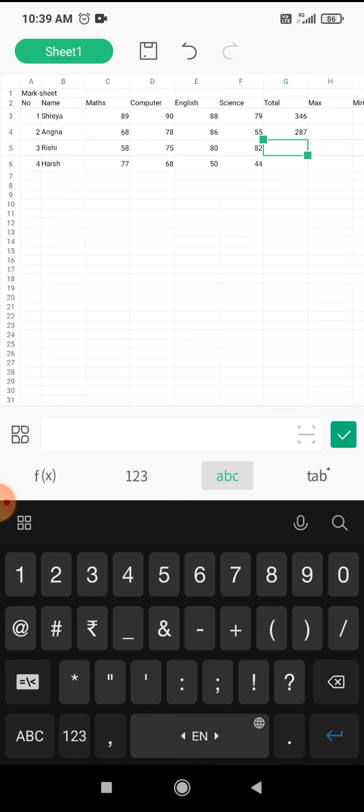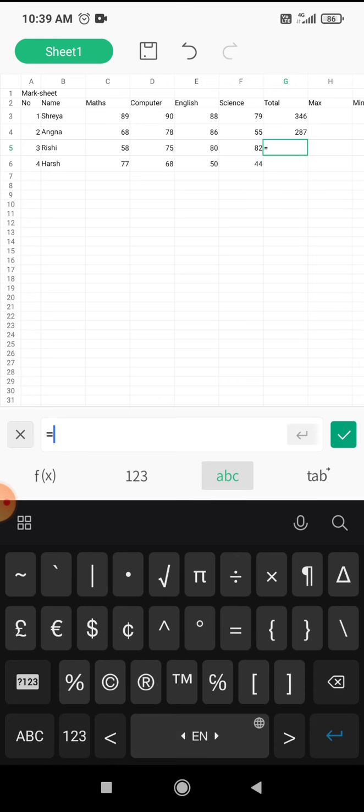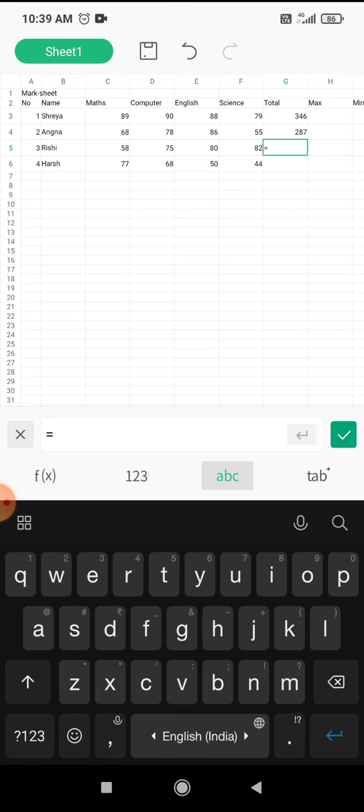Now the next method of doing the total is equals to, you can specify the marks.